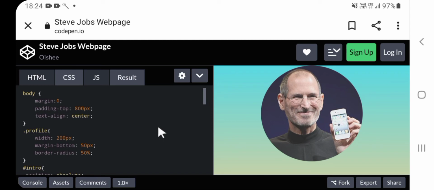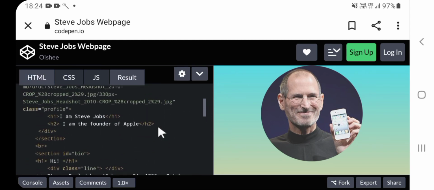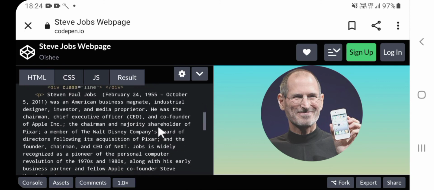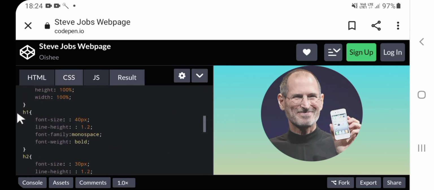Now what is this hashtag intro? The hashtag intro is a section ID, and when we code any section ID in CSS, we start with a hashtag. Font size as 40px, line height as 1.2, font family monospace and font weight bold.